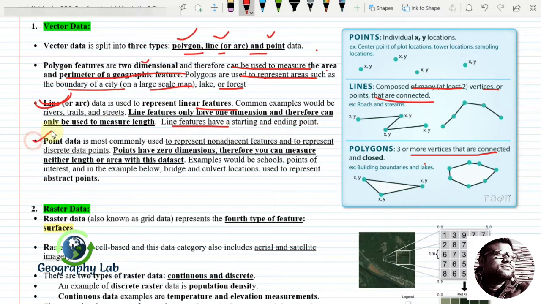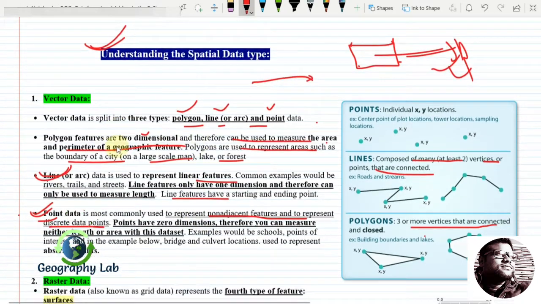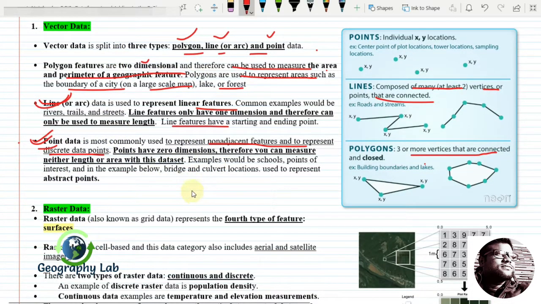So let's come to the point data. Point data is the most commonly represented data. It has no dimension, or zero dimension, because it represents a non-adjacent feature, a discrete data point. That means if there is a location on the Earth's surface which has a discrete latitude and longitude, then we draw a point to mark it on a map.